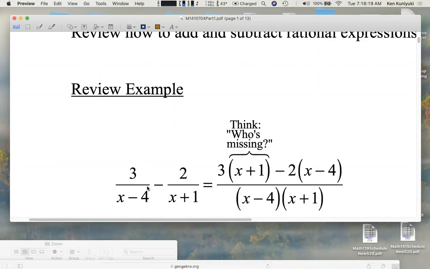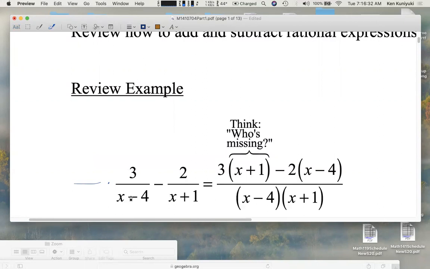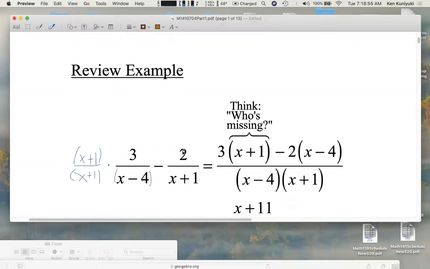Now, as we build up the fractions so that we get this common denominator, we can take this first fraction and build it up. And to do that, we ask, who's missing? Who's missing from this denominator as we form the LCD? Well, the x plus 1 is missing. So why don't we multiply the top and the bottom by x plus 1? The fraction bar already groups the top and the bottom, but for good measure, we can do this. Maybe this too, right? And then, to build up this fraction,